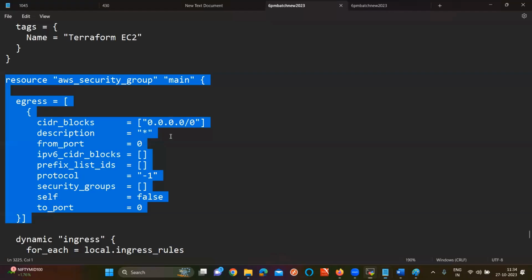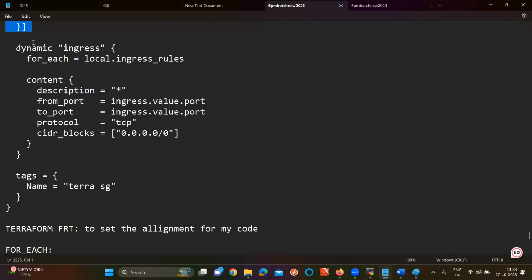So next, the main thing comes here. This is the main block actually. Remember which block I'm using now? I am taking the dynamic block from ingress rules. For each loop here, the loops concept I'm also going to cover. Of course, I'll explain the loops concept one more time, don't worry. I'm using a for each loop. A for each loop means it is going to pick each and every value, sir. Where am I using the for each loop?